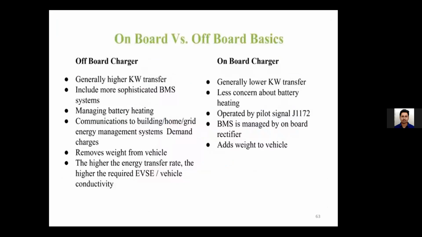So this is the basic difference between the onboard charger and offboard charger. One basic difference is here you can consider some 5 to 6 kilowatt. Here it will be somewhat more, maybe some 12 kilowatt or even more. I mean, sorry, 50 kilowatt. So that we can consider. So based on the power rating only, the charging will be dependent.